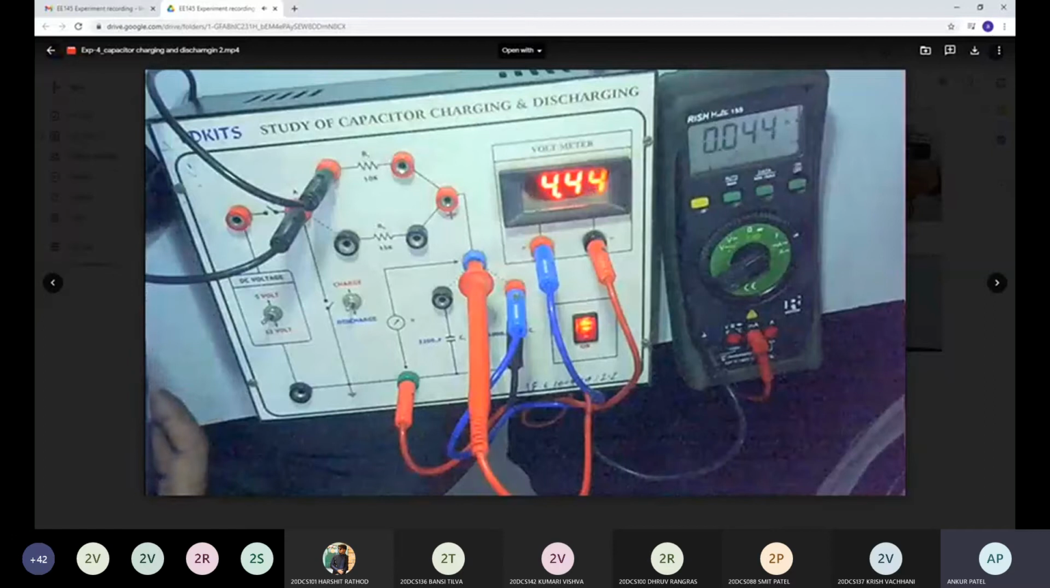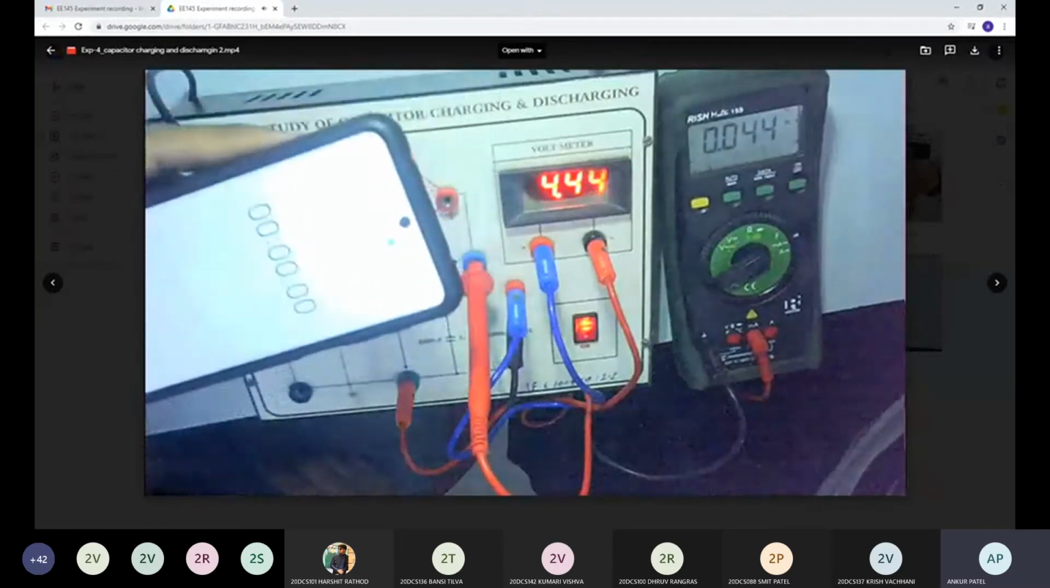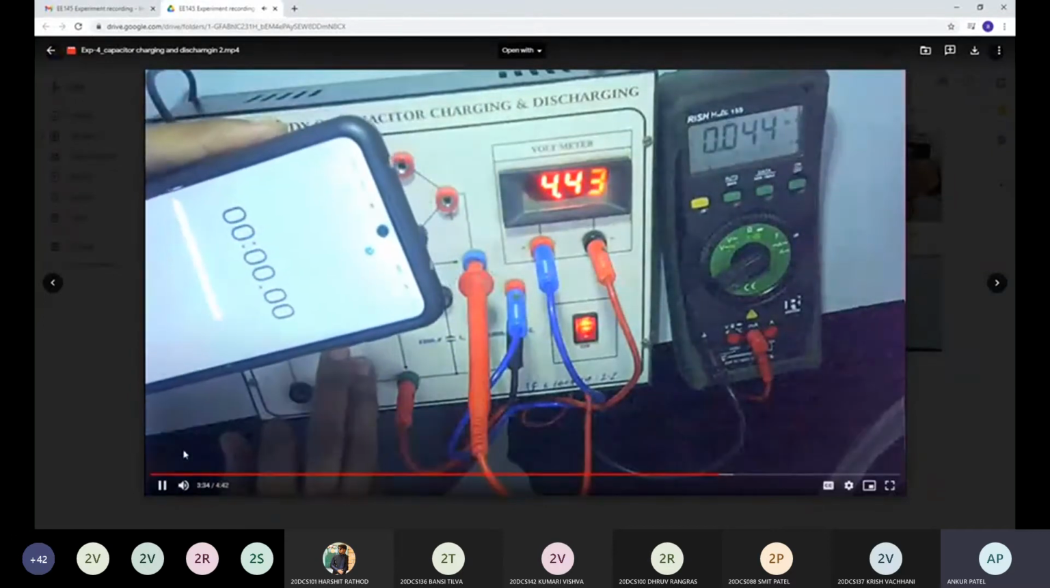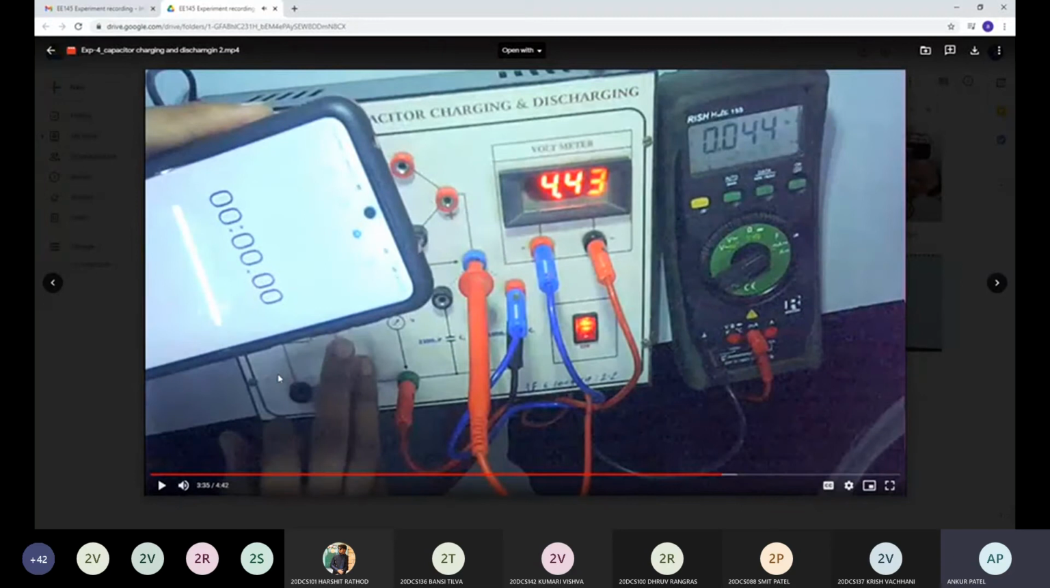Okay, again we require to reset my timer, and simultaneously start my timer. Same procedure we have to do for discharging. So again we have to start the timer. We have to take the readings at 5-second intervals: 5, 10, 15, 20, up to when voltage becomes 0 and